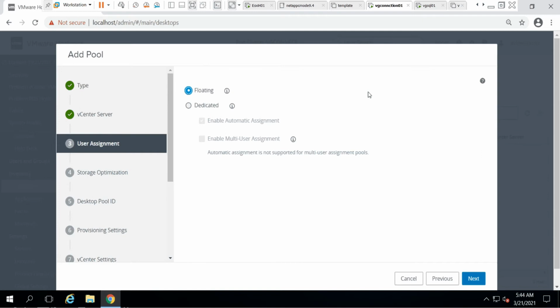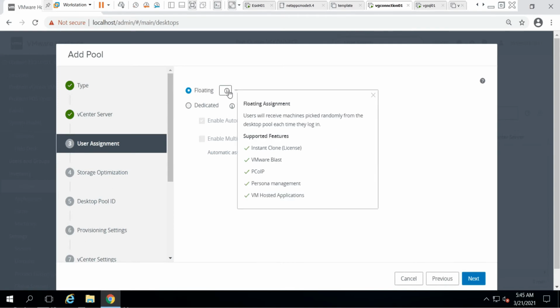So that's what the difference is. I will be creating a floating pool in this video, and in my next video I will create a dedicated pool and show how to do that. Select the floating option and click next. As I said, if you click on the information, it shows that users will receive machines picked randomly from the desktop pool each time they log in, along with the supported features.